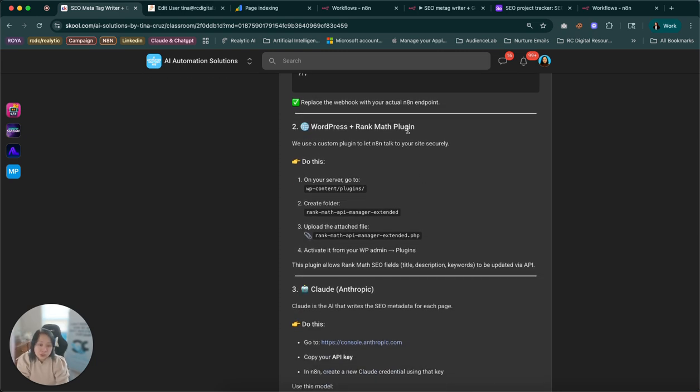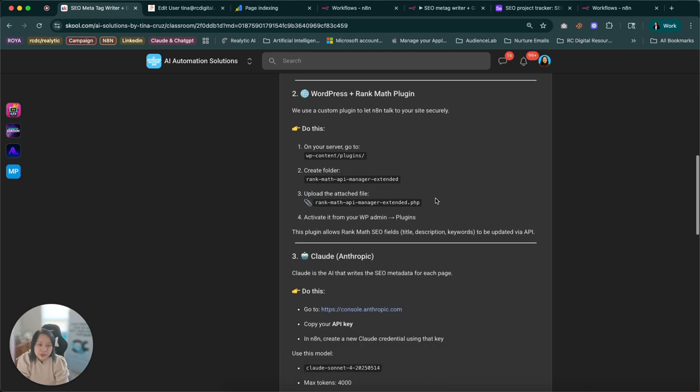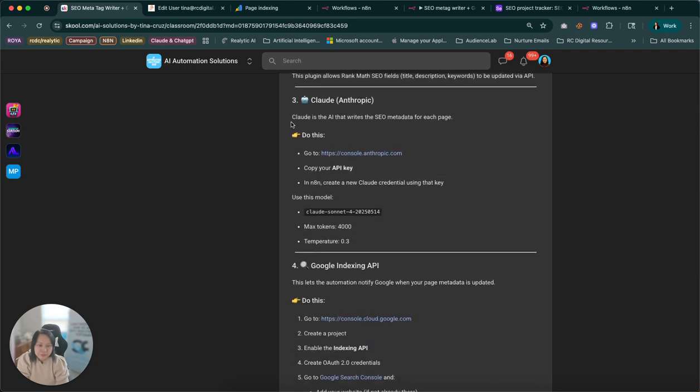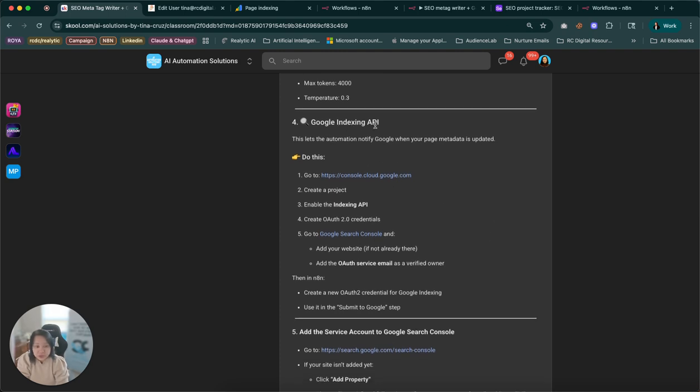The next one is to set up your RankMath plugin, and I've already attached this file. So there are 2 ways you can do this, right? You go onto your server and then simply upload this plugin, which is attached right here, right? The third is to, these are just the credentials that you need to make sure are added onto your n8n, and these are outside of n8n that you need to set up before you even run the n8n. Otherwise, if you don't, they're not gonna work. All right, so you gotta set this up,